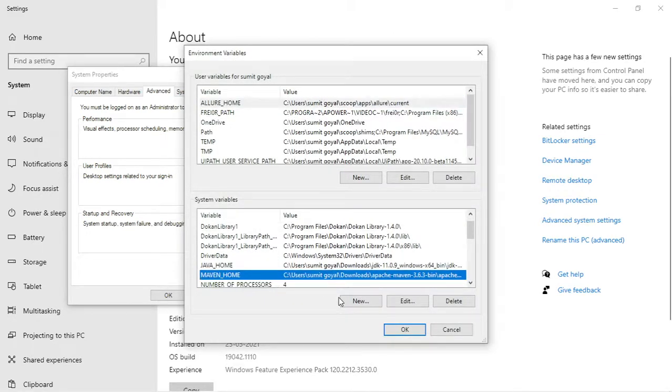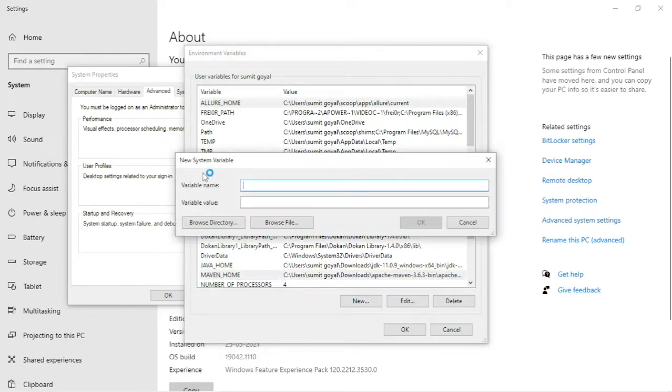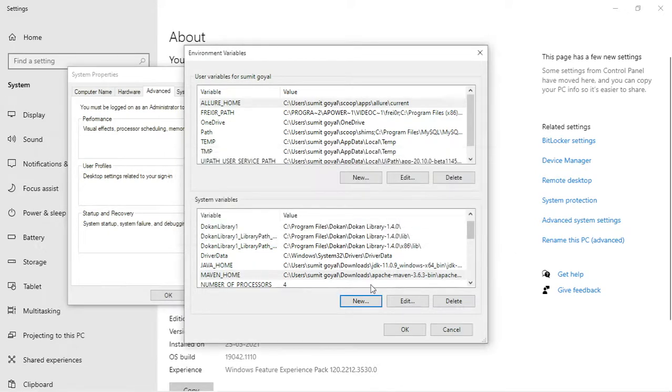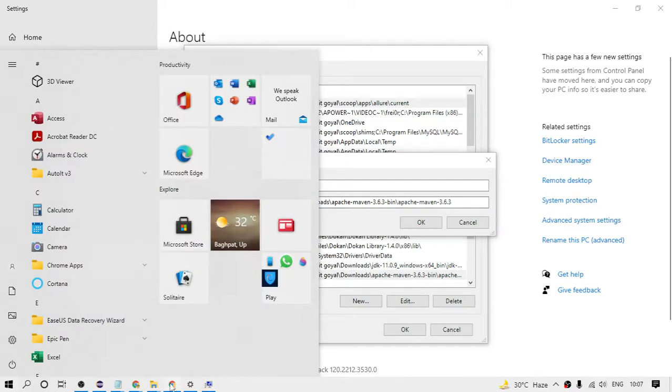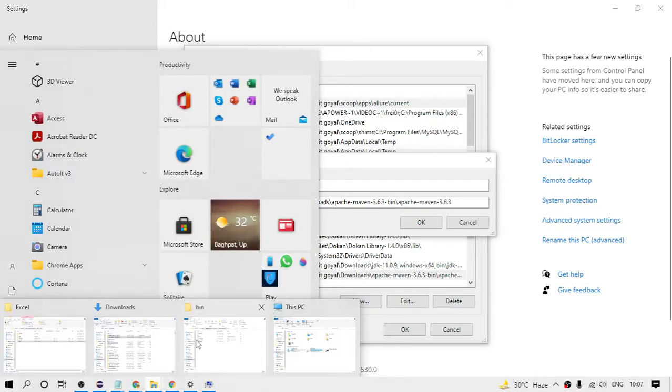What I've done, just like we create a path for Java, is click on New, give some name, like here I have given MAVEN-HOME, and provide the complete path. So this is the complete path I'm using. If I show you, this is the path, right? This is present in my machine, which I have downloaded right here.